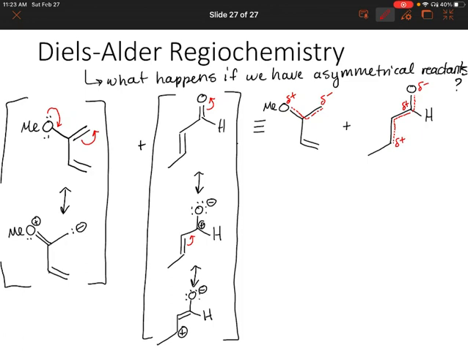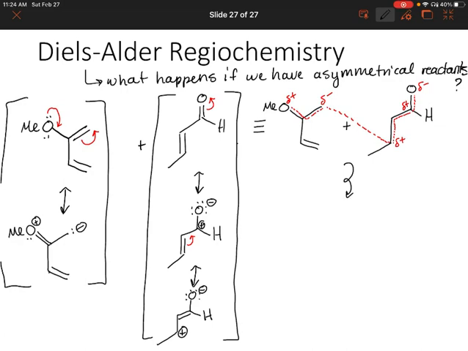Okay, so the most stable product is going to form when the partial negative charge on the diene is aligned with the more partial positive charge of the carbon on the dienophile. Now there is that other partial positive carbon up above, but that's right next to a partial negative oxygen. So the partial positive carbon at the bottom of the molecule is more isolated, and so it's going to be more stable